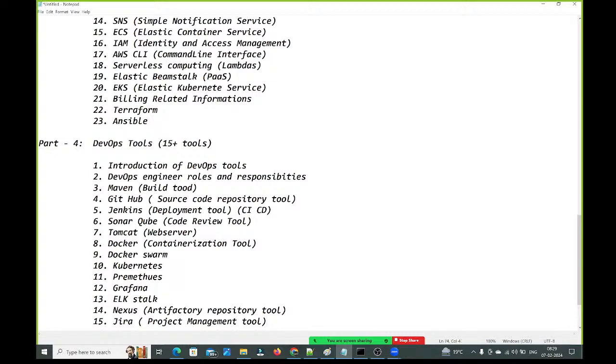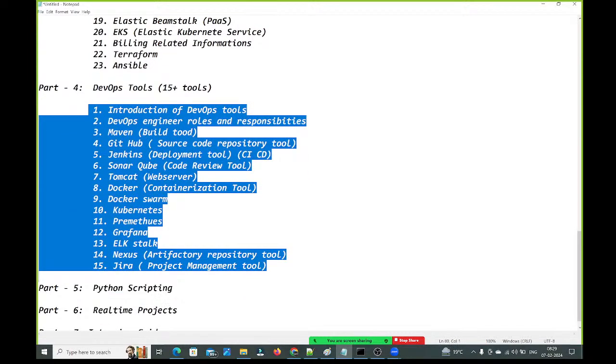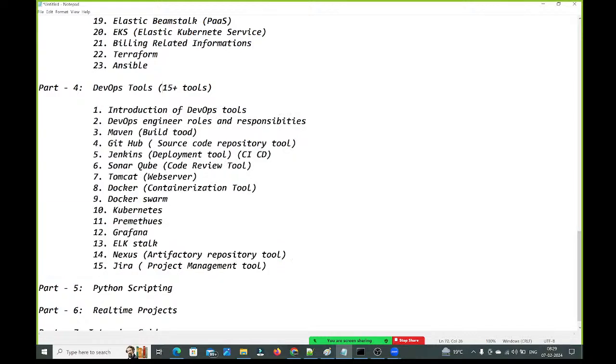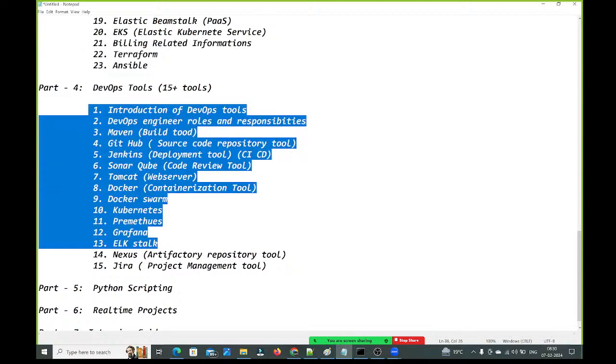Guys, have a look into this part 4. In part 4, what we are going to discuss? DevOps tools, guys. 15 plus DevOps tools we are learning. Here, Terraform and Ansible I have added.